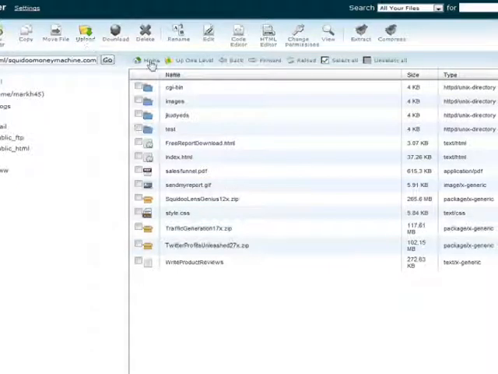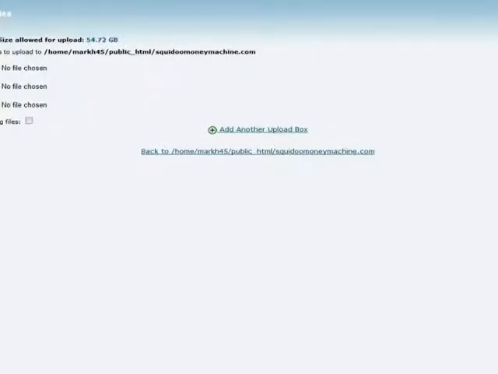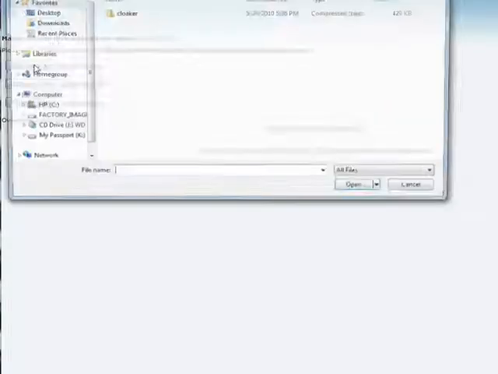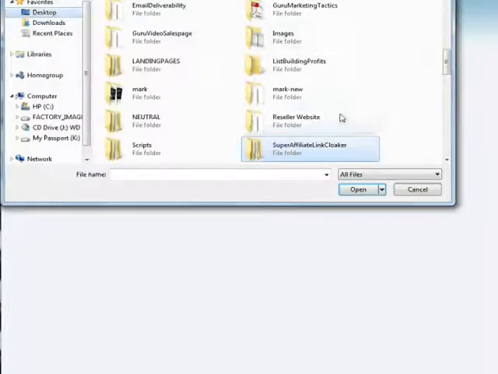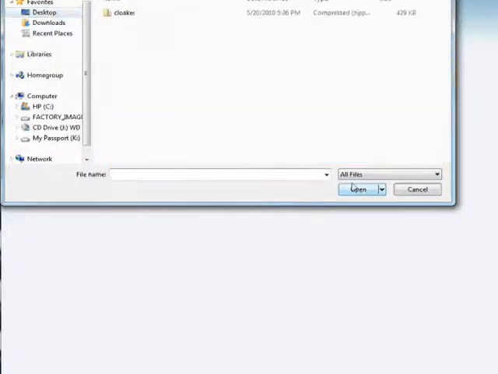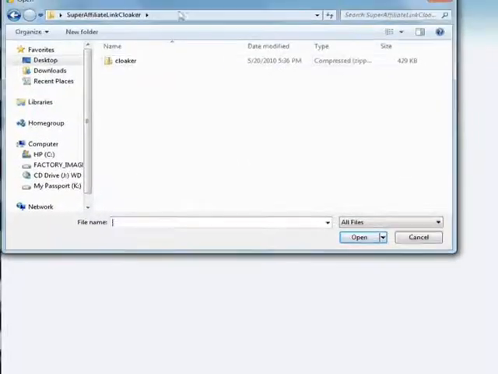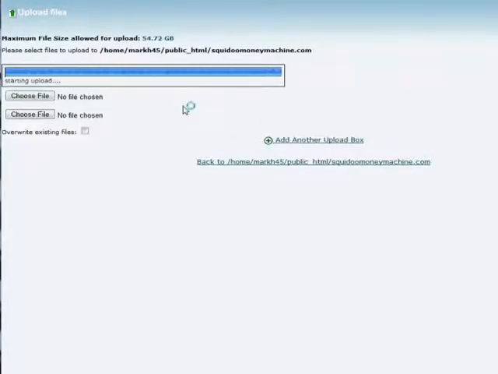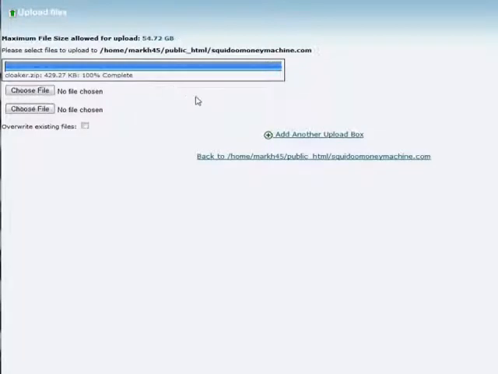From here, the first thing we are going to do is click on this upload icon in the top menu bar, and I'm going to click on choose file. Now you can search your computer for the folder named Super Affiliate Link Cloaker and click the open button. Now we are going to click on the zipped file named Cloaker and then just hit open. After this is 100% complete, which shouldn't take more than a couple seconds,